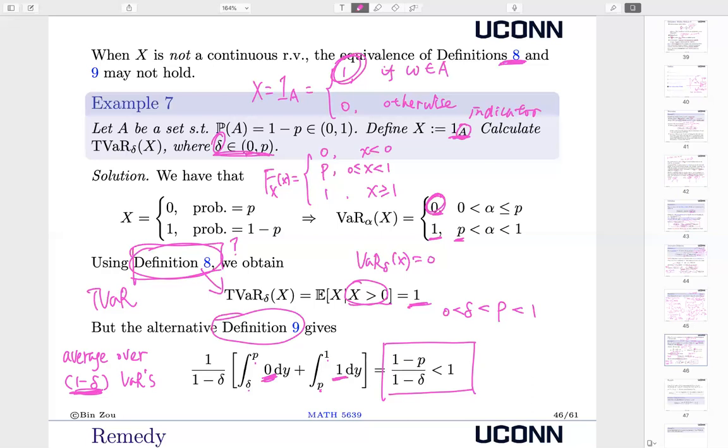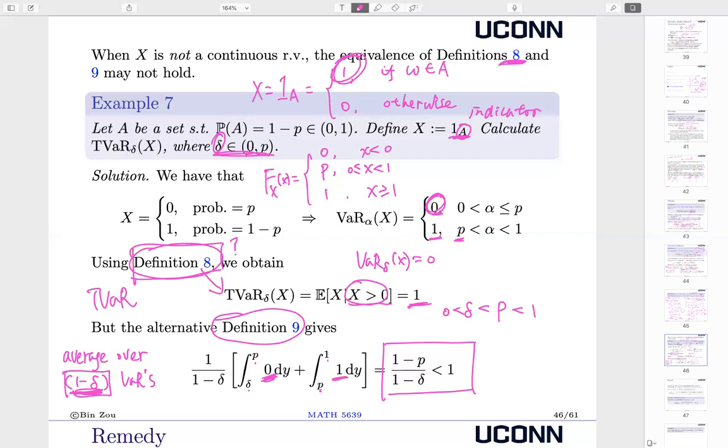We want to average over the entire right tail, which has probability 1 minus delta. If my X is continuous, I will have exactly 1 minus delta, because for a continuous random variable, any quantile level is achieved. So I have equality. But if I consider a discrete random variable, it is possible that I will need to jump. If I jump, the level may not be enough. I want to do the averaging for 1 minus delta, but since I jump, what I have may be less than 1 minus delta. For instance, here,